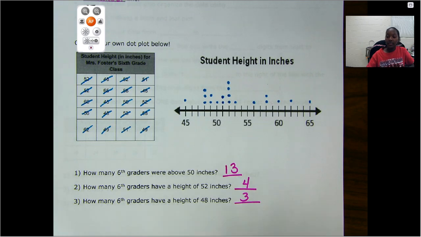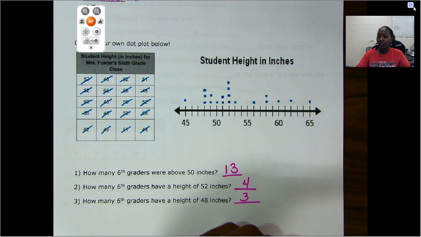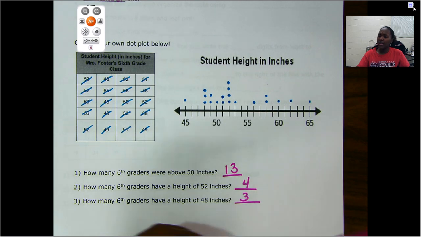All right, ladies and gentlemen, this is how you create a dot plot, and this is how you interpret or answer questions about the data from your dot plot. You're going to go ahead into your assignment, and you're not going to create the dot plot, but I will have a dot plot there, and you will need to answer some